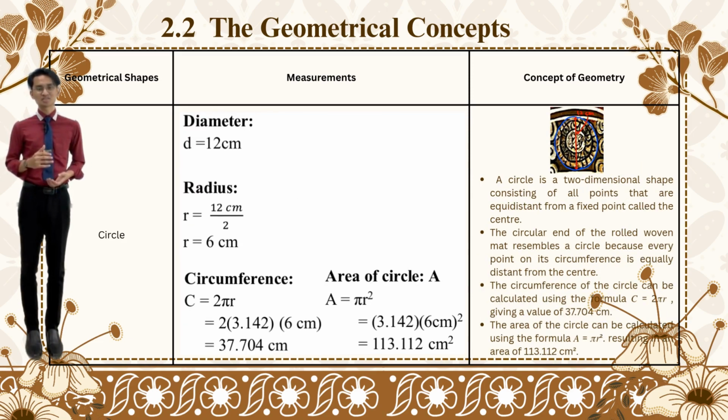A circle is a two-dimensional shape consisting of all points that are equidistant from a fixed point called the center. The circular end of the rolled woven mat resembles a circle because every point on its circumference is equally distant from the center. The circumference of the circle can be calculated using the formula C equal to 2 pi r, giving a value of 37.704 centimeter. The area of the circle can be calculated using the formula A equal to pi r squared, which will be resulting in an area of